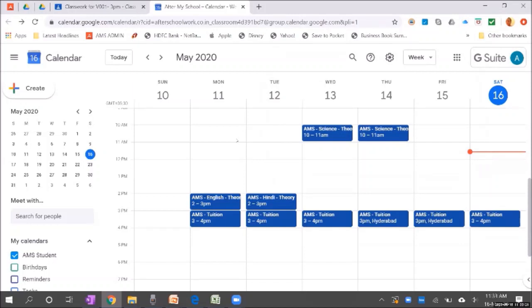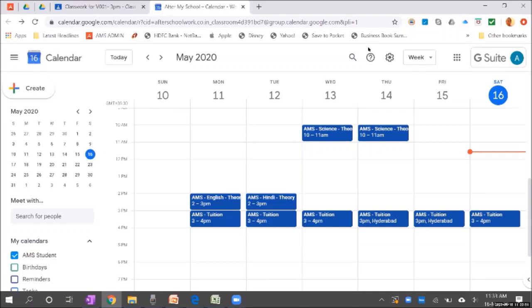Also, in case there is a change for whatever reason, a slight reschedule from our side, automatically when the time changes, the timing of the event changes, it gets published in the child's calendar, and the notification comes to you on your mobile or whatever device you are using. I'm sure most of you are familiar with the Google notification.